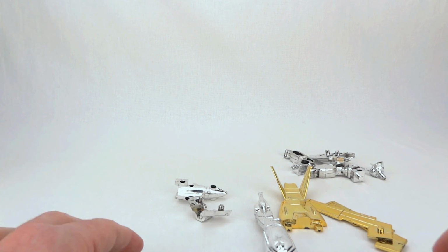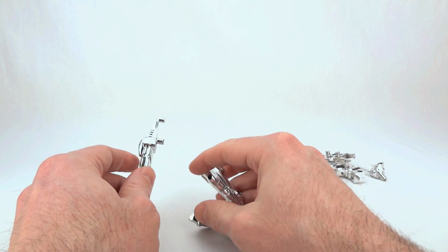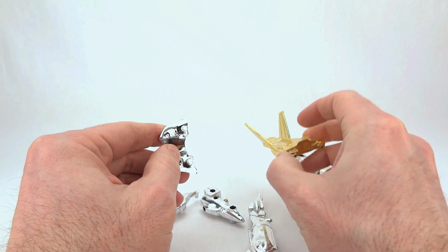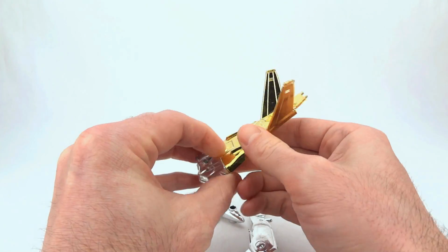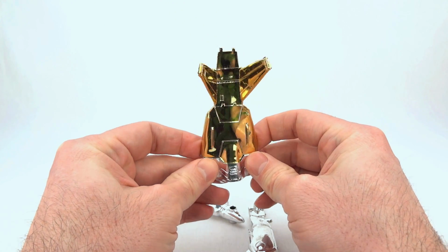Alright, for variety's sake, we're now going to go ahead and put everything together using the other variant. You can begin with the chest. That's probably the most integral part. And you can see it's got these two pegs on either side, and those are what feed into this backpack piece. So you can just slide that on, and it won't fit quite perfectly, but it'll give you a reasonable